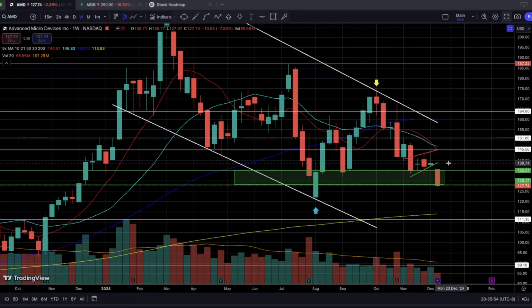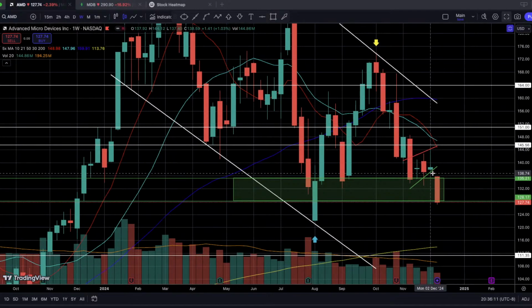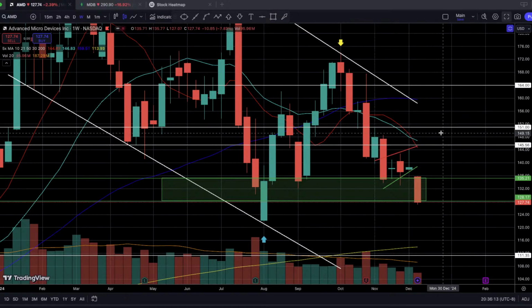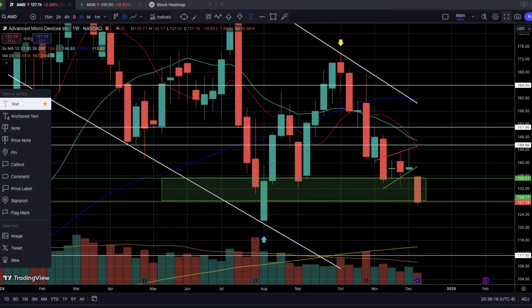So that's basically what occurred here, right? I basically told you guys last Thursday that it would be wise to not try to go long around here, because we're still making, just from a price action standpoint, lower lows and lower highs. So this week, with this move lower and this official breakout from this bear flag, and if you don't see the bear flag, let me just give you a quick drawing here.